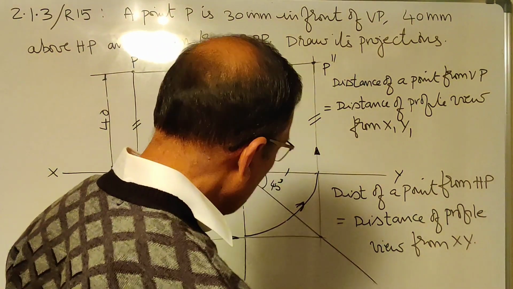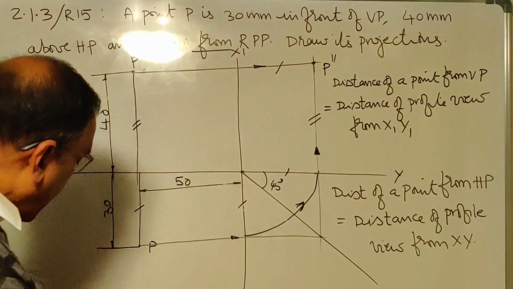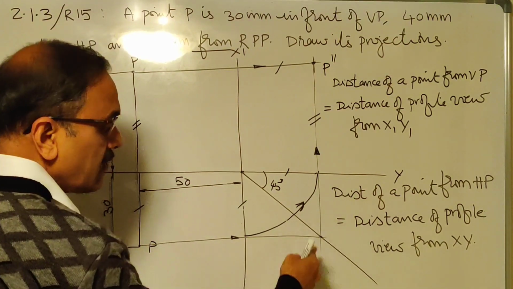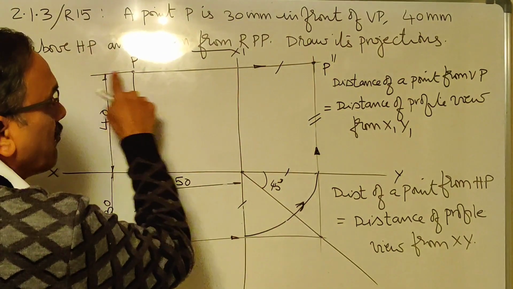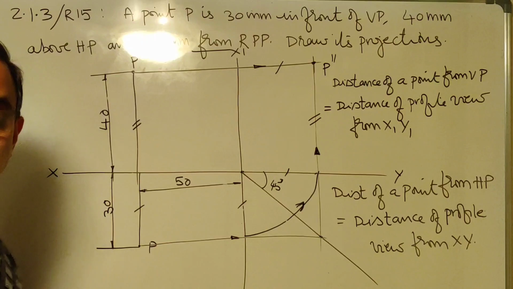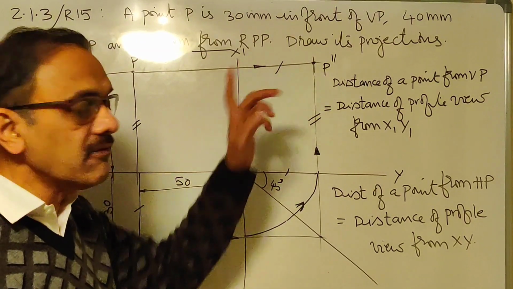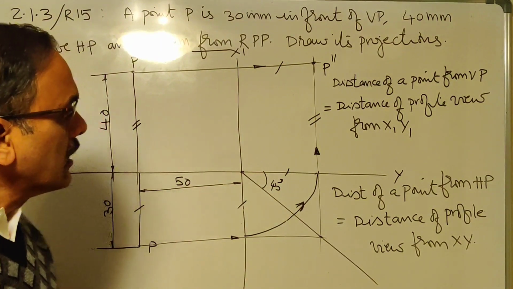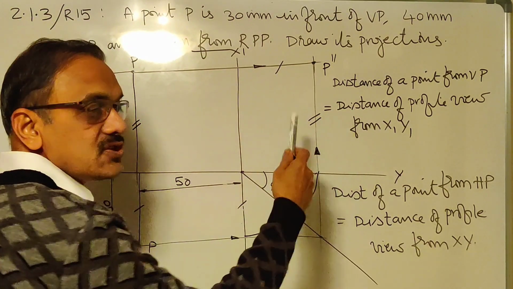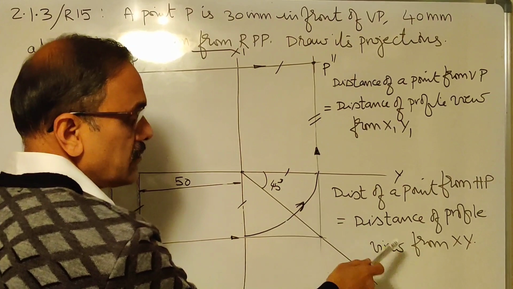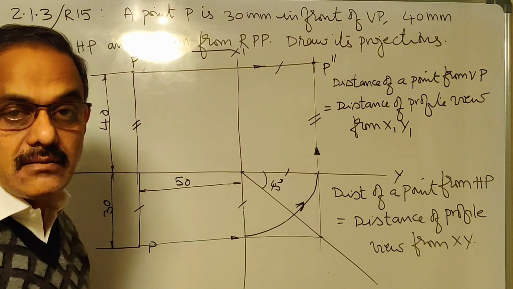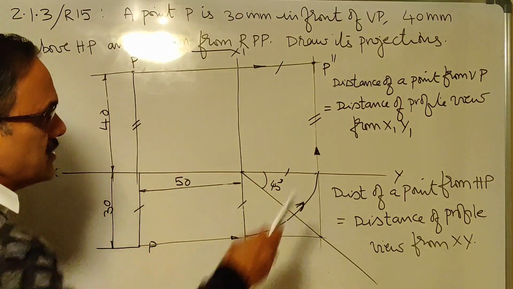Now, what you would like to know is why we have drawn a parallel line here, why we have drawn a 45-degree line here, why the perpendicular is drawn. Why this procedure is adopted to get the profile view. Now, let me concentrate on this statement first. This statement will give you some clarity, and with this statement, the discussion is complete. So, what is this statement?